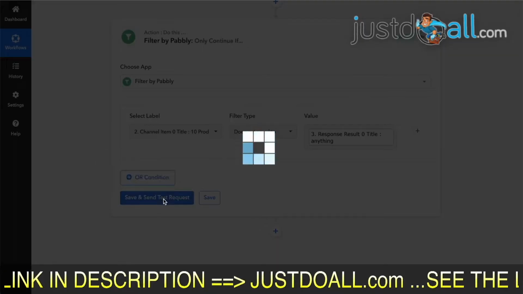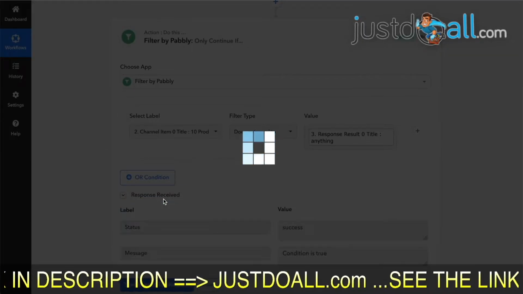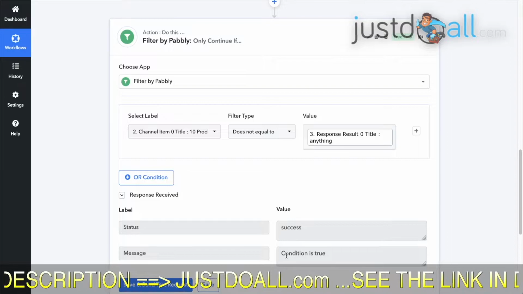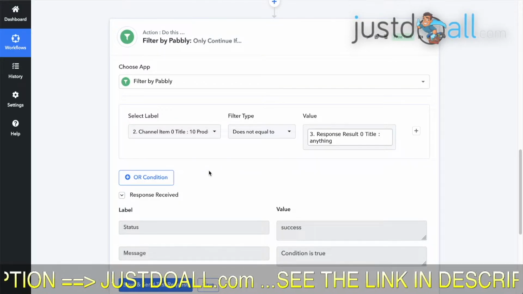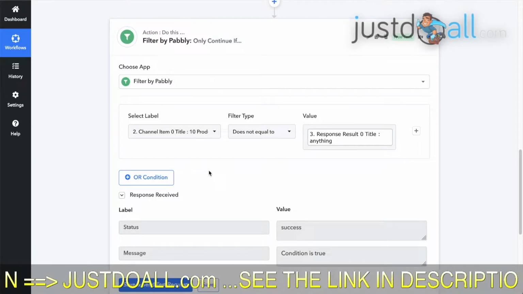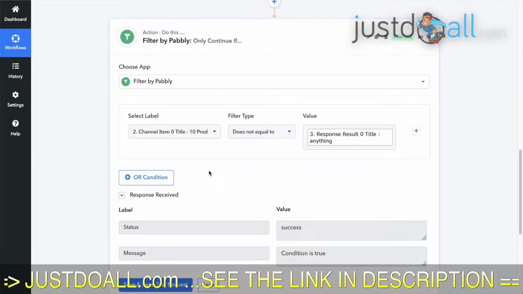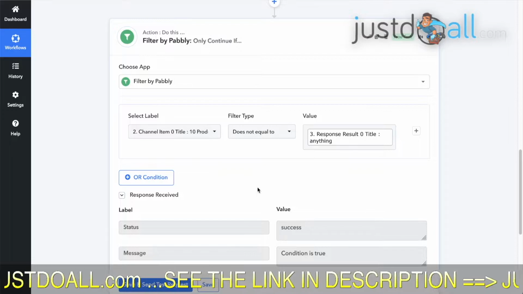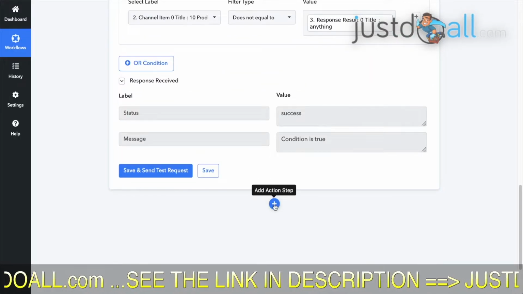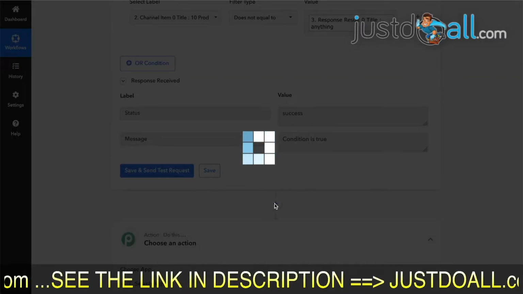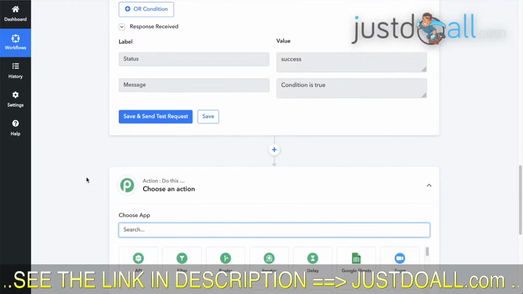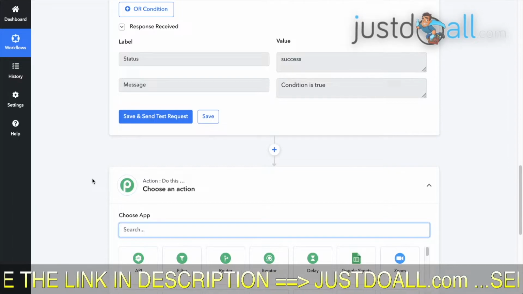Test it. So we test, and the condition is true, because at the moment the RSS feed has the title of the latest article, and in Google Sheet we have a word which is anything. So it's true. If it's true, then the action we have to do is to put into Google Sheet the title of the latest article.